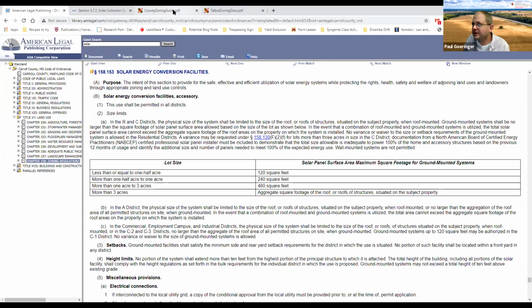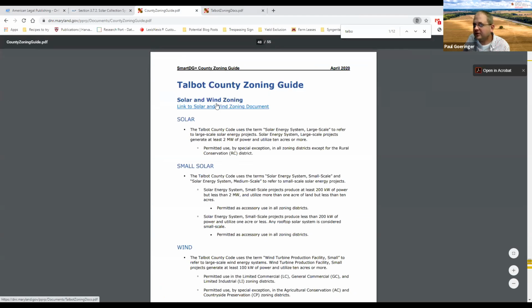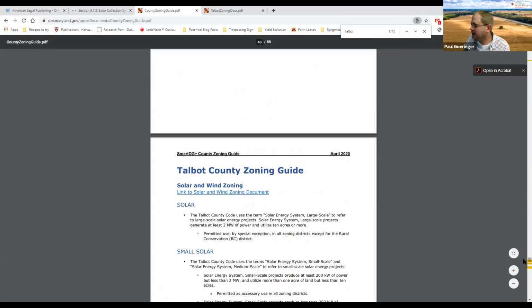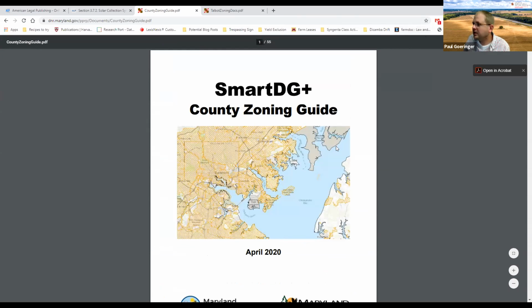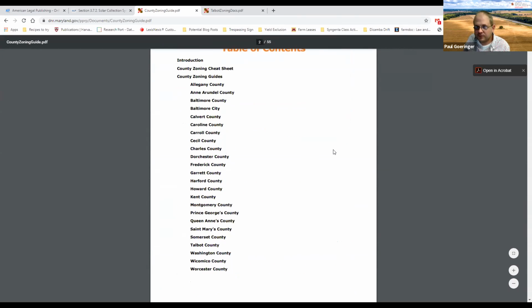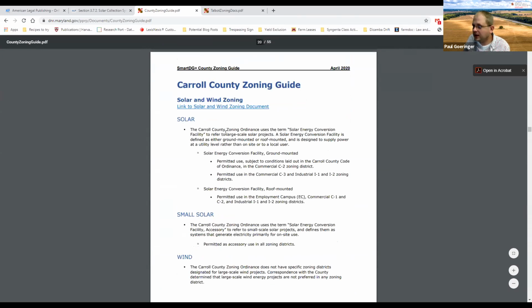let me start off with the county zoning guide. This is the DNR guide that I talked about earlier up at the top. They put it together for renewable energy. It is really good. It's a comprehensive guide that was put together. So I'll click on Carroll County. You can go in here, you can click on the link to the Carroll County document,